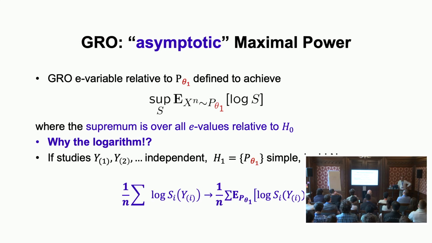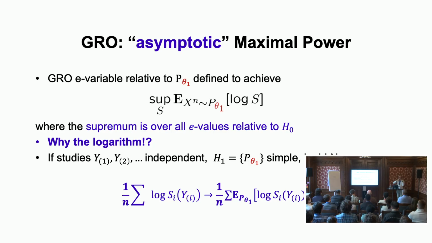And this means that at least if you have a simple alternative, so not a prior but one distribution on the alternative, then if I take at every point in time a certain e-variable, it makes a lot of sense to take the one which optimizes the logarithm. If I took one for which the logarithm is always epsilon smaller, then I would converge to something epsilon smaller on average, which means that the actual value of my e-variable would be e to the minus n times epsilon factor smaller. So it would be exponentially smaller than what I get if I take the one which optimizes the logarithm.